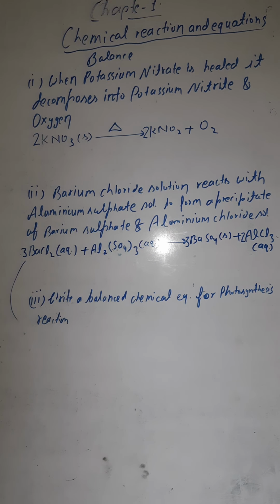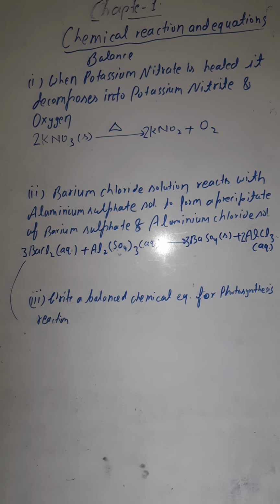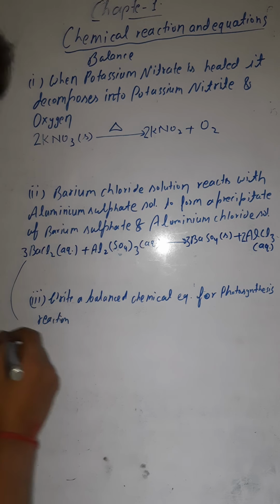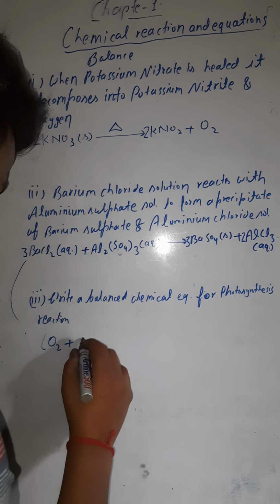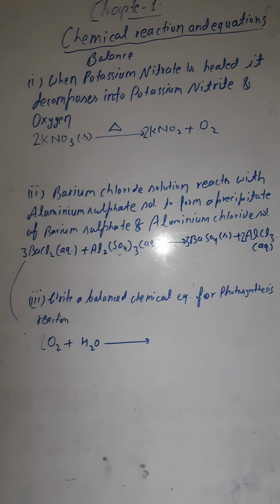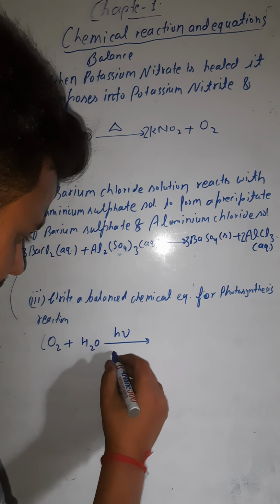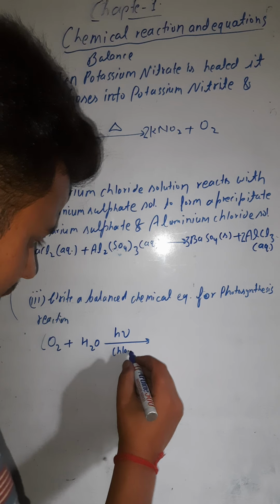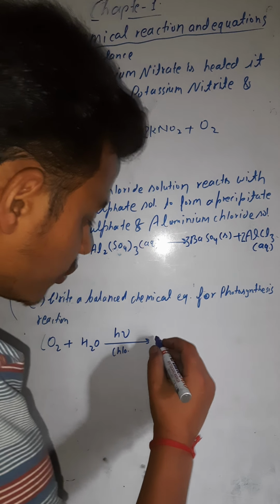Now the next one is write a balanced chemical equation for the photosynthesis reaction. It's very important. You must be knowing during photosynthesis, in the presence of sunlight, carbon dioxide and water are reacting in the presence of sunlight and chlorophyll. Here you can write sunlight denoted by H nu and chlorophyll. In the presence of these two, carbon dioxide and water are reacting together to form glucose, that is